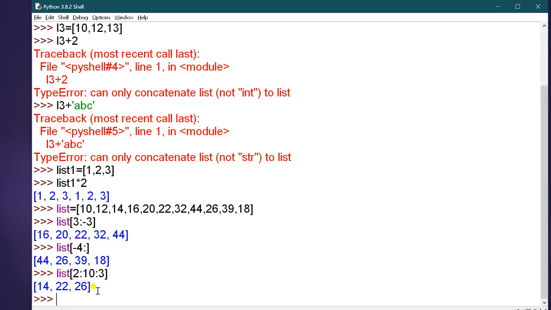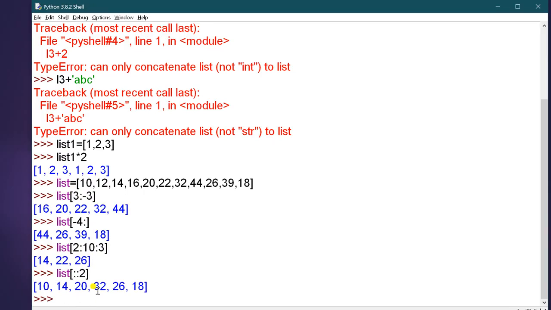Okay, one more thing, if you will write L, then start value is blank, last value is blank and the step value is 2. So the answer is this one. It will start from 0 to last by step value 2.